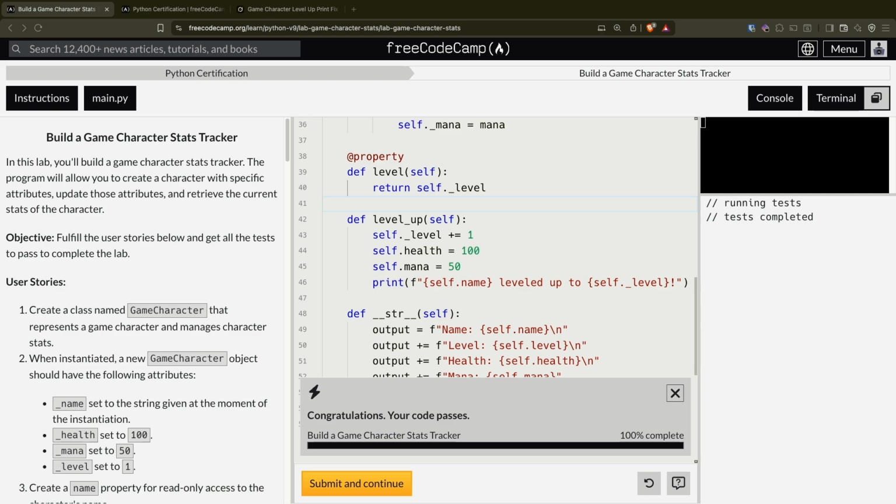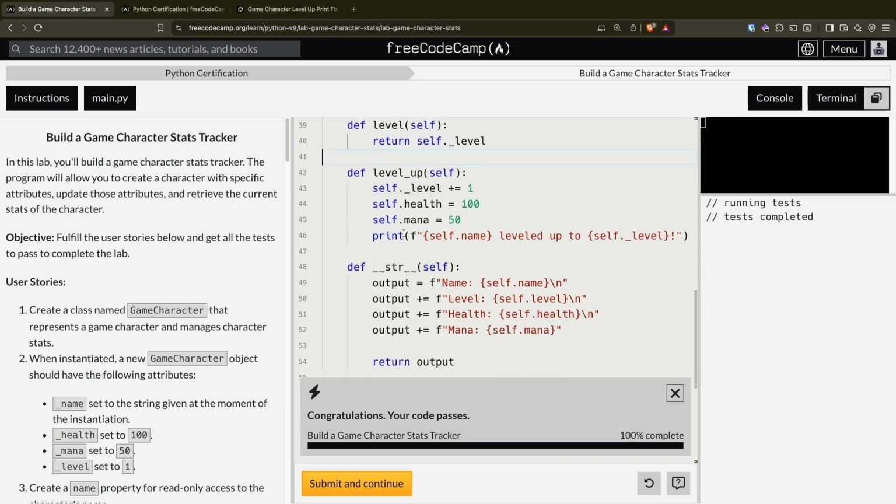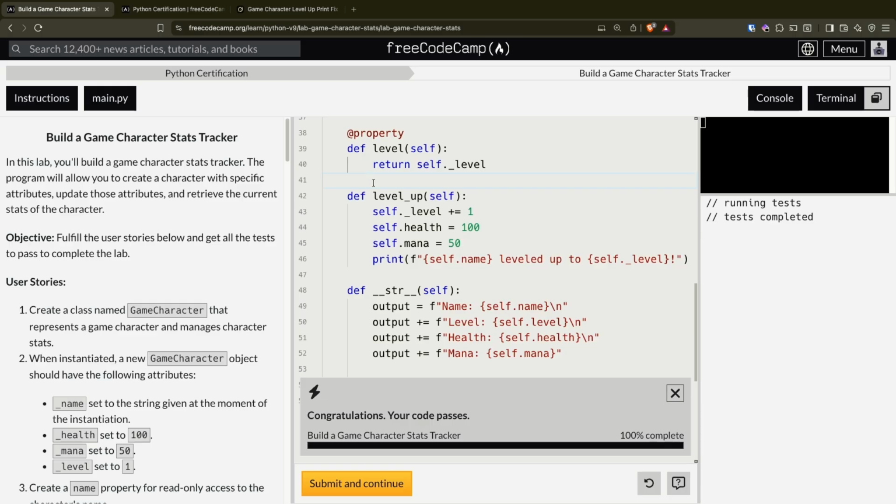Today, like I said last time, we were going to pick up here. I got hung up on this level up method. The issue was we were defining this as a setter, and the print statement, apparently, when I did some Googling about it, wouldn't actually print because it was defined as a setter, because we're supposed to be setting things, and I guess you can't print. So I just removed the level dot setter property here, and everything worked. So we're going to submit and continue,